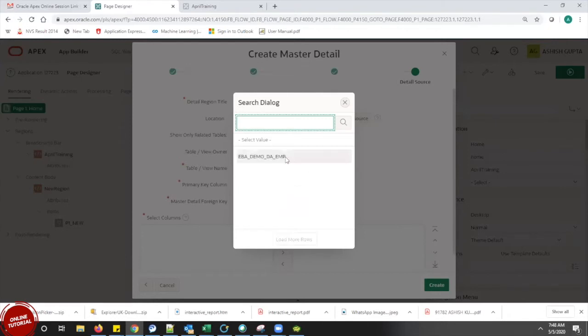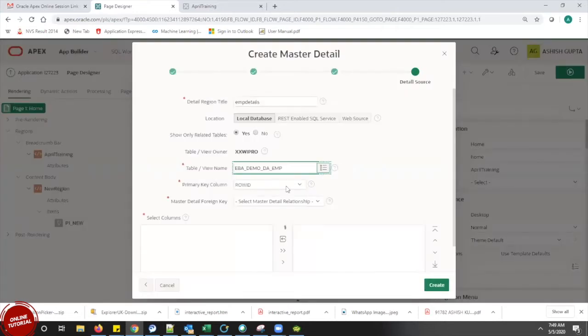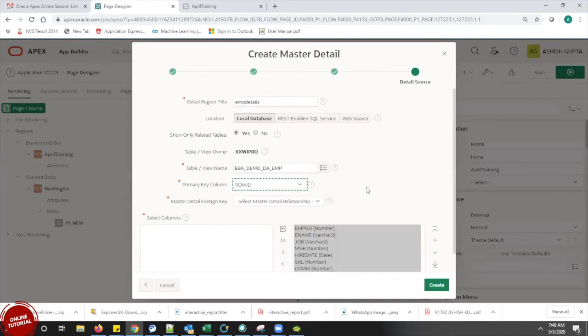By default you will get this. If the relationship is already defined, you will get that table only. So here by default I'm getting only EMP. It took the row ID again as the primary column. This relationship I have to define. If I don't define this relationship, then it is not going to work.